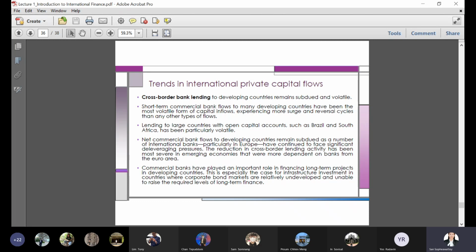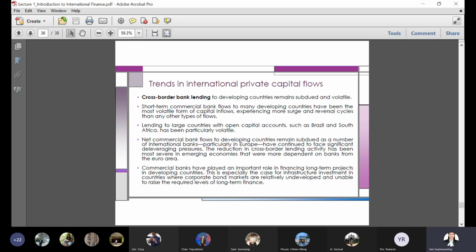So lending to large countries with open capital accounts such as Brazil and South Africa has been particularly volatile because even Brazil, a large country among the emerging economies, still remains volatile because of its economic policies or economic conditions. So